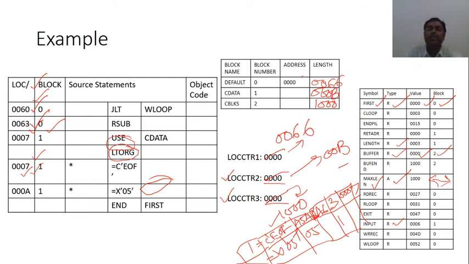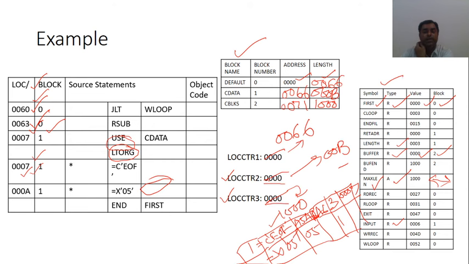The current value of the location counter becomes the length of those blocks. Now, by default, just these values are added, this one and this one. If I add these values, then we will get the starting address of CDATA. That becomes 0066. And this address is given by the assembler only. That means it is the task of the assembler to add this one and assign the starting address of CDATA as 0066. Next add this value 0066 and B, you will get the starting address of CBLKS, that is 0071.